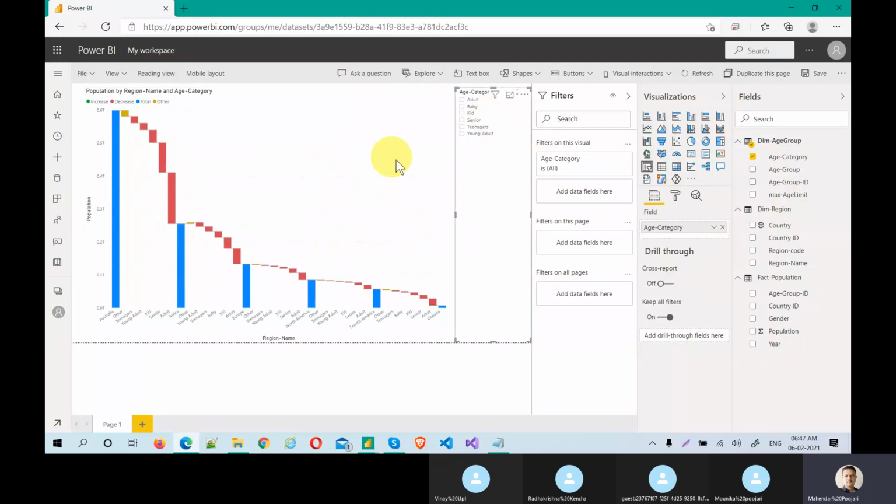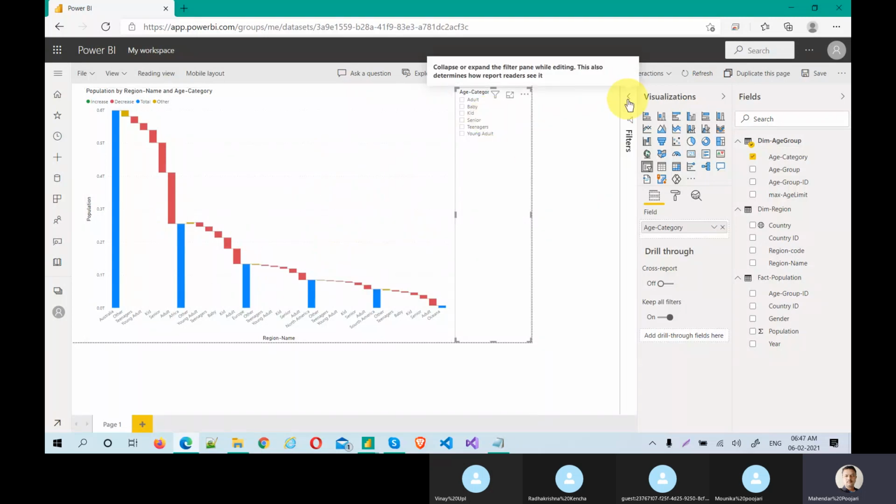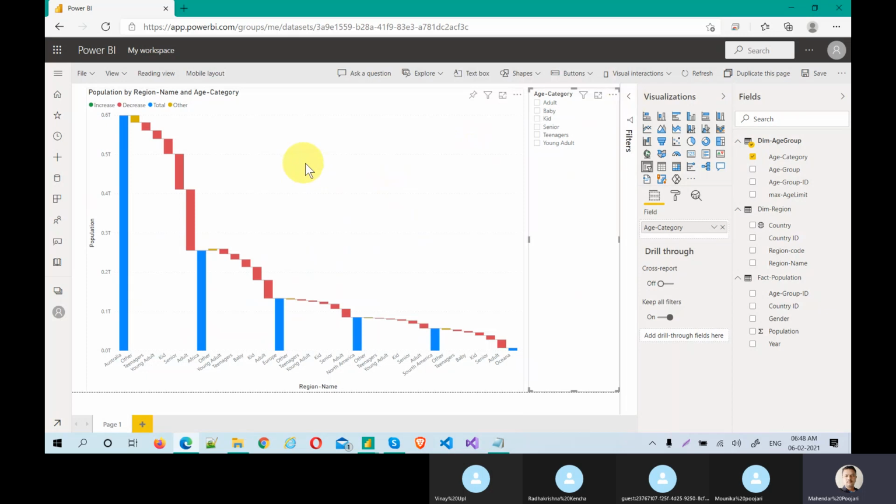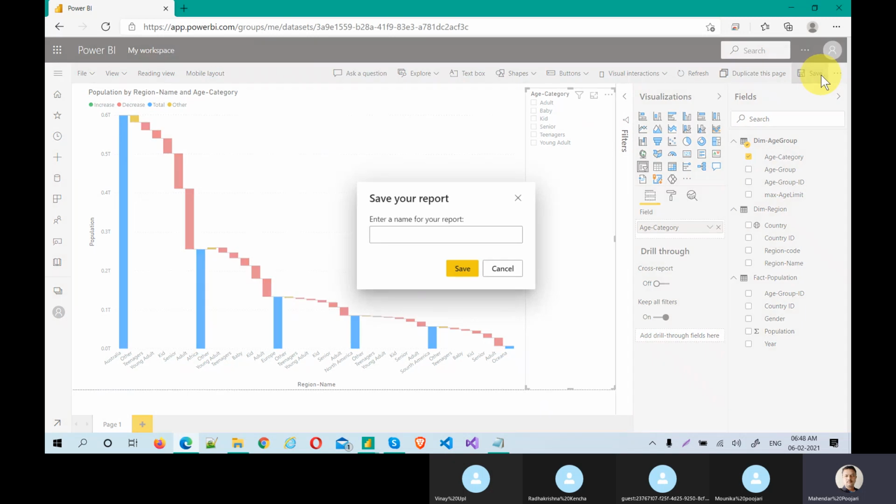Okay, now the intent is just to show you the report. We have created a report. Now what we can do, we have to save this report. There is an option to save. What is the report name? Report name is ribbon chart, population ribbon, population analysis.